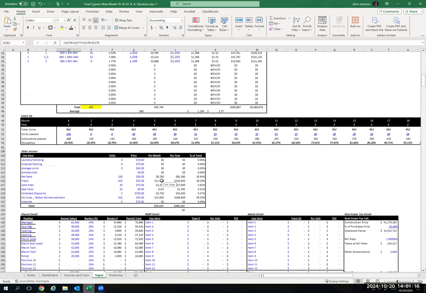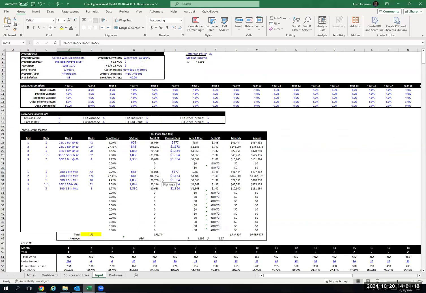And this is my model. This is my spreadsheet that I made. And look, the rents. Rents are cheap. Average rents here,